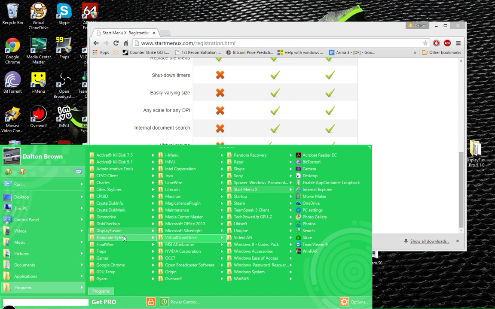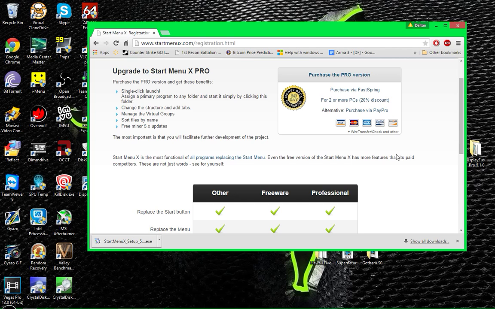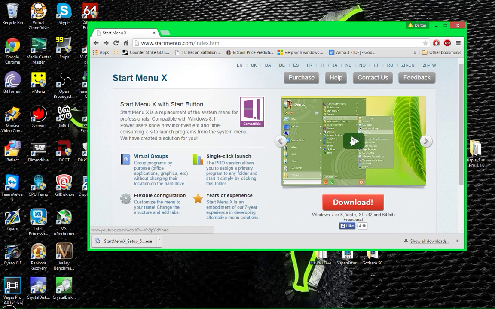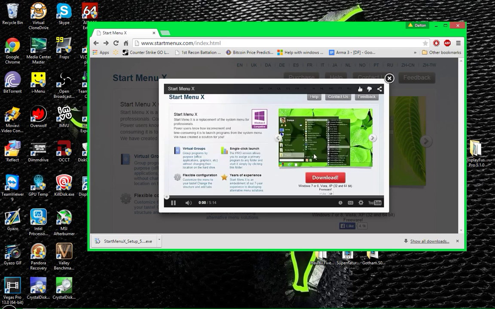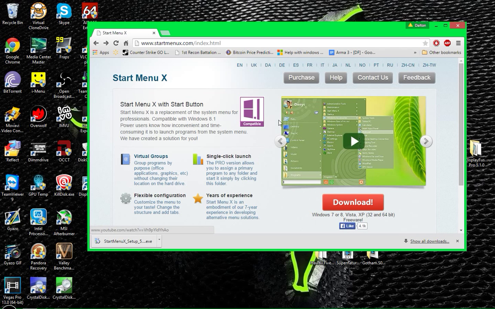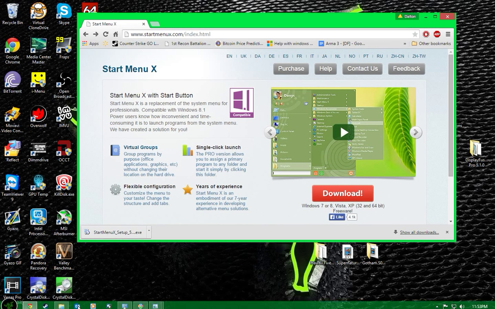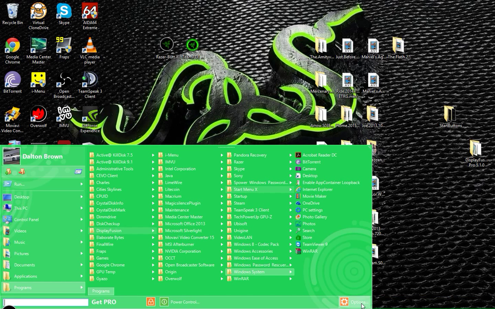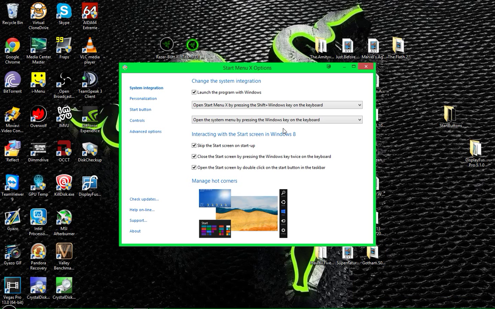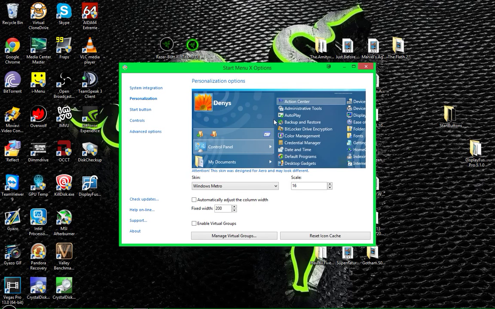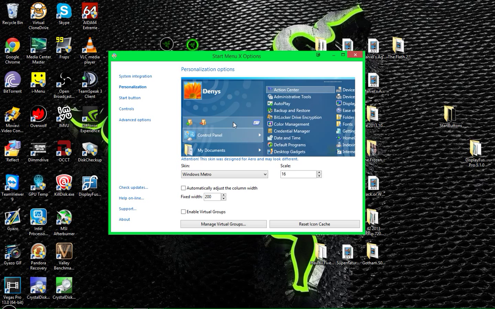Groups being, which you could check out their video. It's right on the home page right here. Start Menu X tells you how everything's done and stuff. Check them out. Anyways, I was wanting to go over what this thing can do. Now, you can possibly, I haven't really looked into it, I'm about to, but you can possibly change your skin